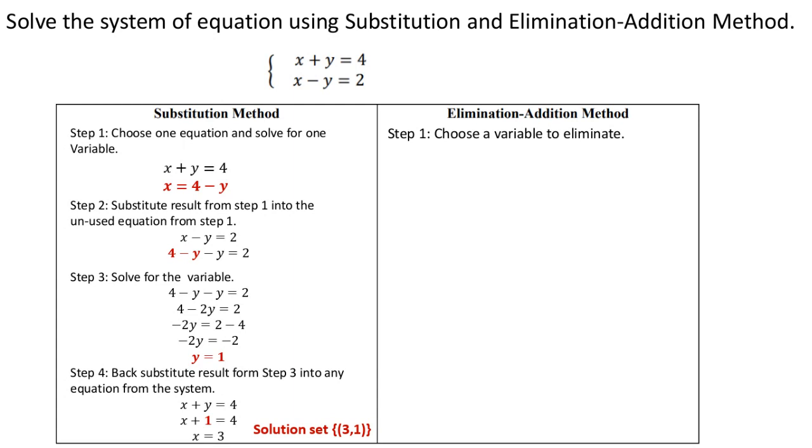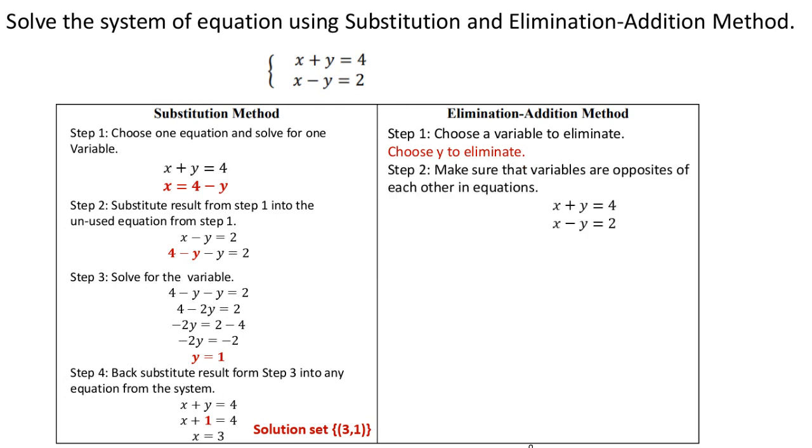All right, so to do the elimination method, we're going to choose a variable to eliminate. In this particular case, I'm going to choose y, and the reason is because I know that if I add these two equations together, the y's cancel. That's why it's called elimination by addition, because you're adding the two equations together to eliminate one of the variables. Okay, so